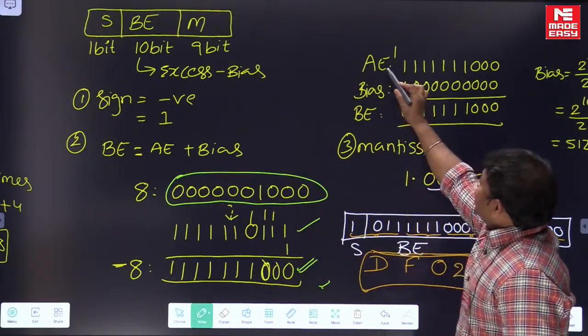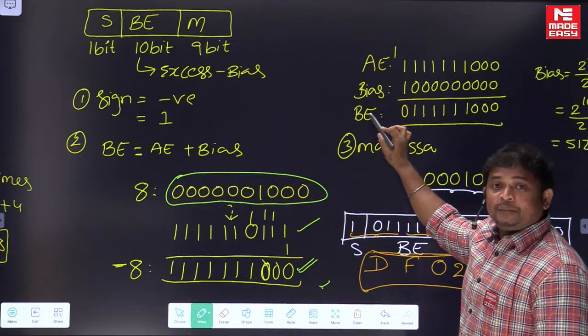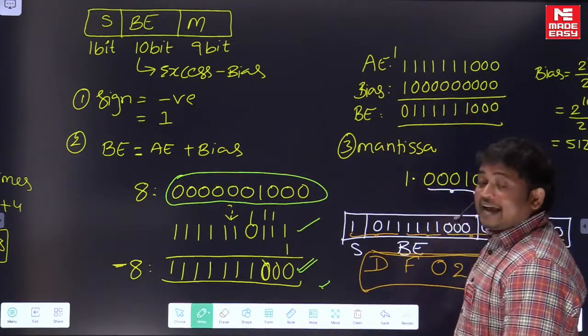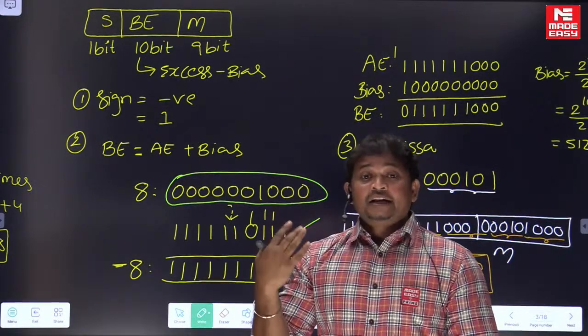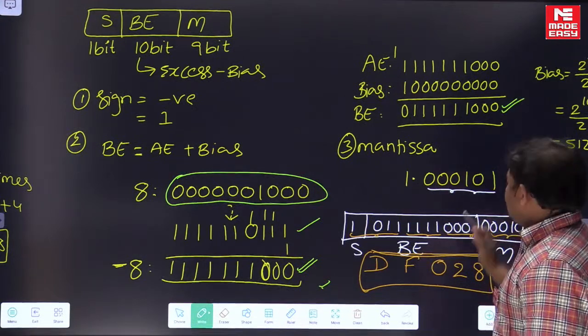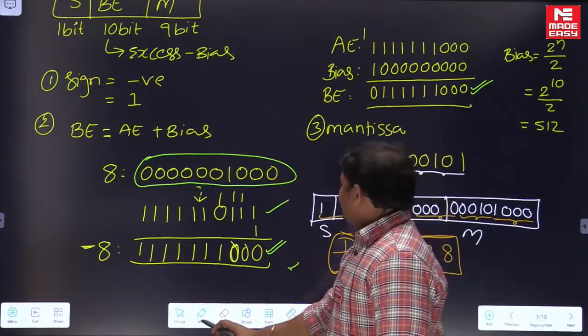So actual exponent plus bias is equal to the biased exponent. Okay, so this is the actual exponent. Bias is excess bias. Excess bias means 2 power 10 by 2. Now adding these gives the BE. After that, the Mantissa. Mantissa value is